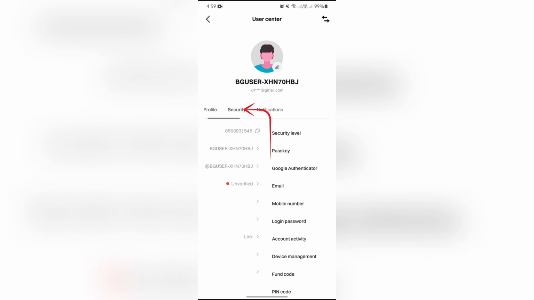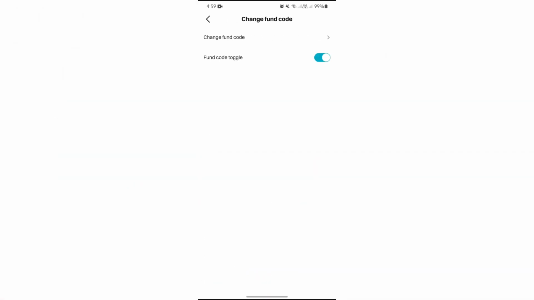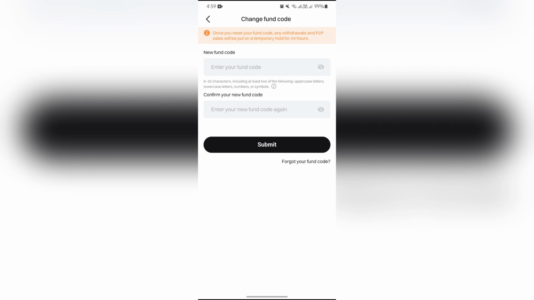Simply select the security option and choose this fund code, and after selecting fund code you will get this change fund code option at the very top. Simply select that, and after that you have to enter your new fund code into this upper box. Then after that simply enter the same fund code that you have entered into the upper box in the second box. Then tap the submit button, and after doing this much you will get to see a new page where